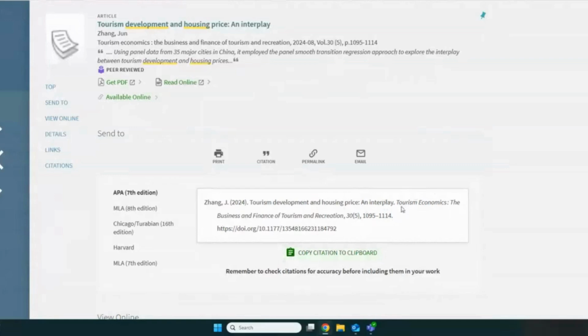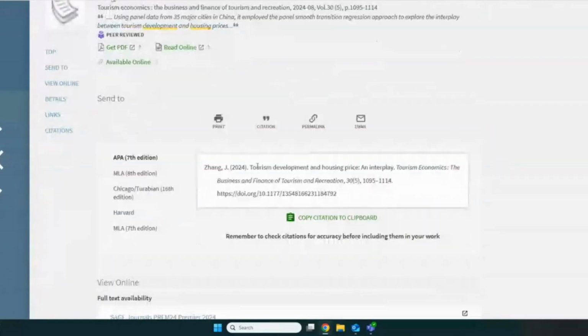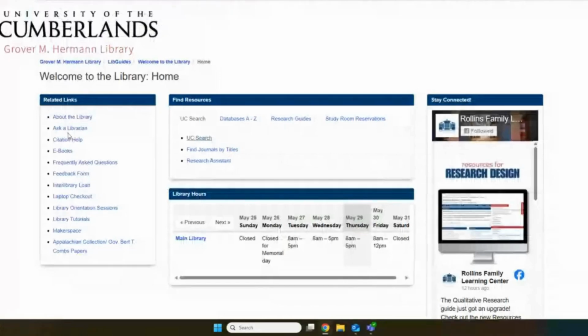So review all of your citations, even if you are using something like Zotero or EndNote or Mendeley, or even just this. Take a look and see, okay, is this actually supposed to be italicized? Am I missing anything, etc.? I don't go over using citation management software, but we do have some great folks who do, and they are the Learning Commons. So back on our library page, you'll see our citation help